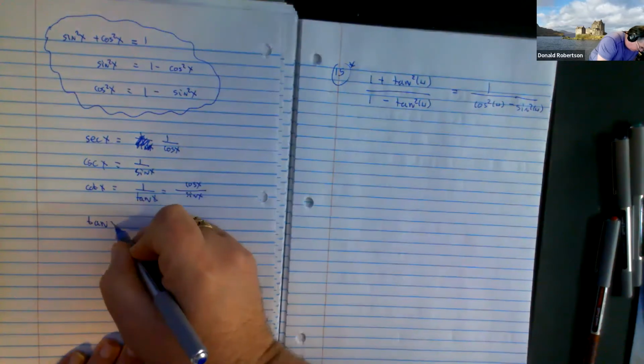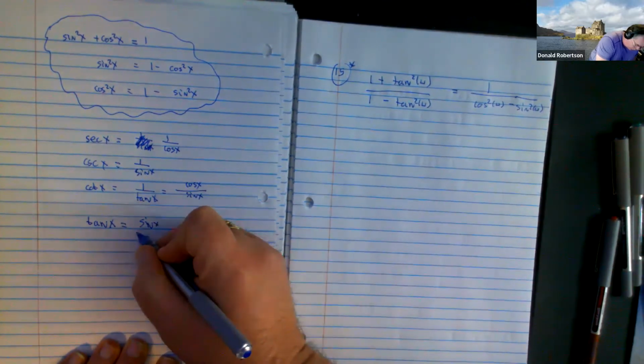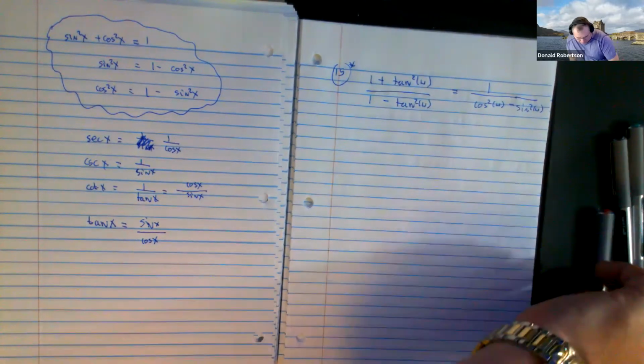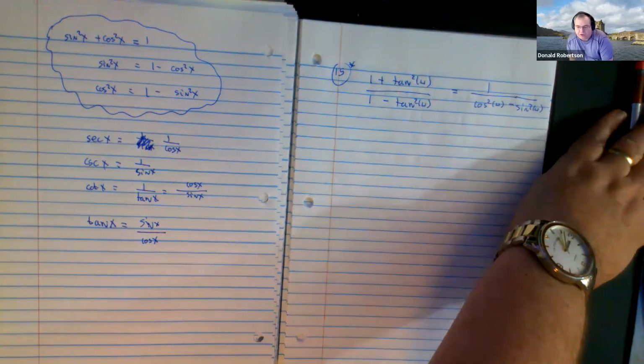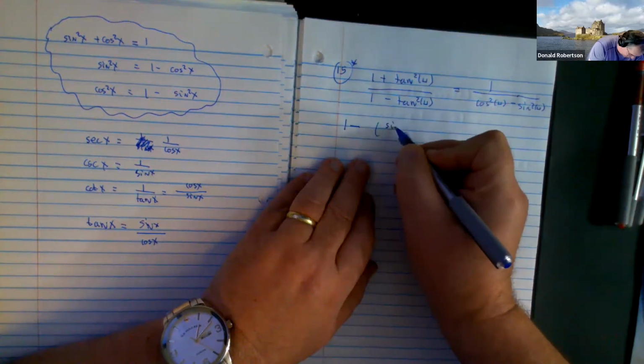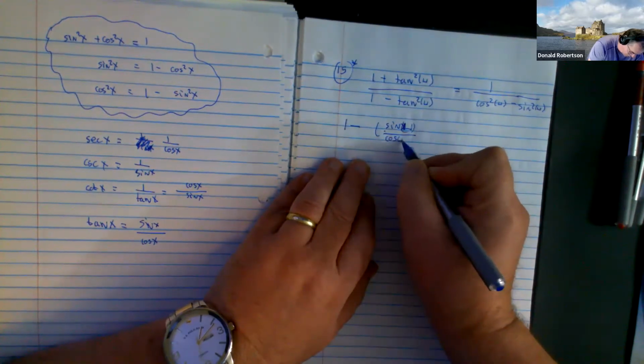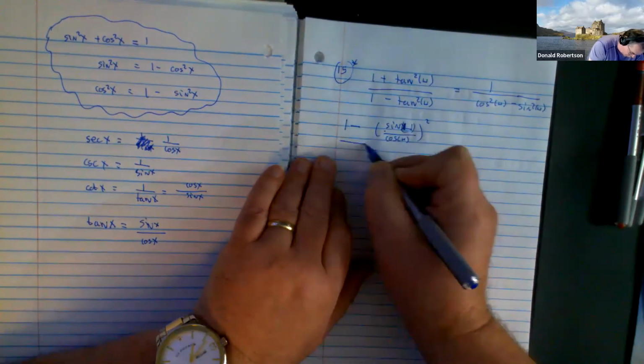And in my little list here, I'll tell you that the tan of x is the sine of x over the cosine of x. One of our main strategies when you get a question like this is to turn all the things into sines and cosines. Well, you should look for common factors first, but if there's nothing obvious, then you should do that. So it's going to be 1 take away tan squared. Well, that's basically sine, oops, I better turn them into u's, sine u over cosine u squared over 1